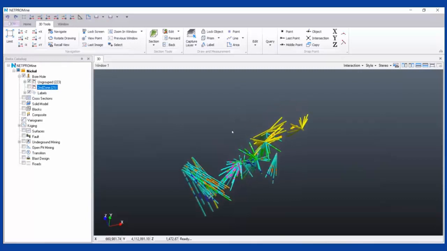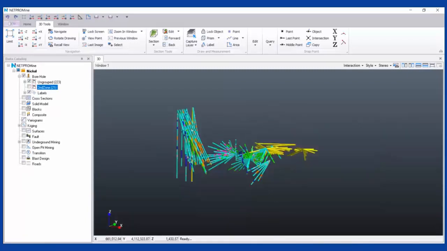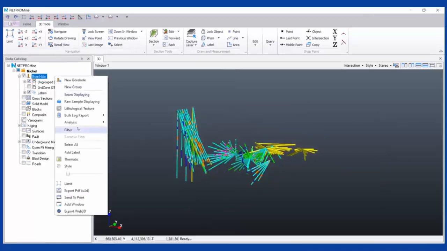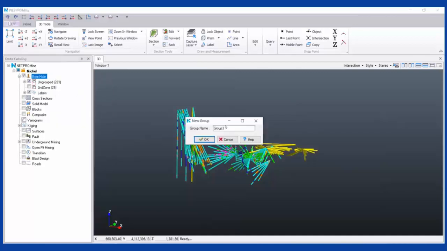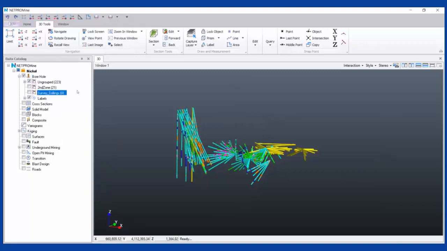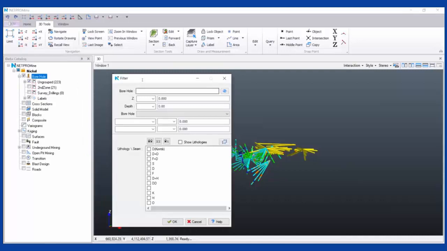Let's make another filter to separate these boreholes from underground boreholes. I will use another group, let's say survey drillings. Okay, this is a third group, starting from the survey, the topography. So I will use a filter this time,